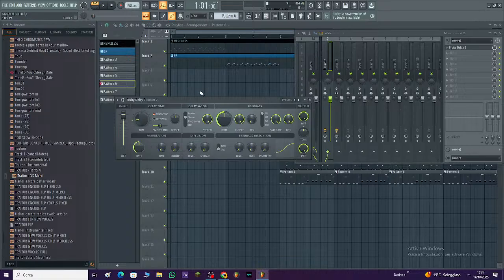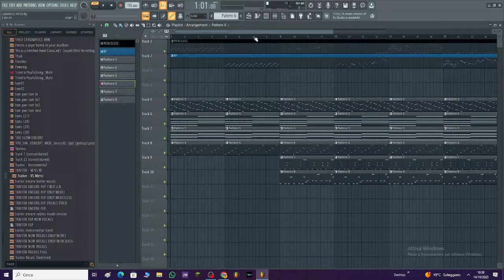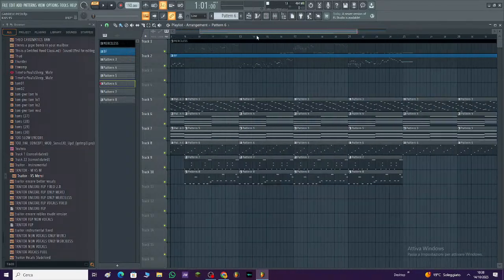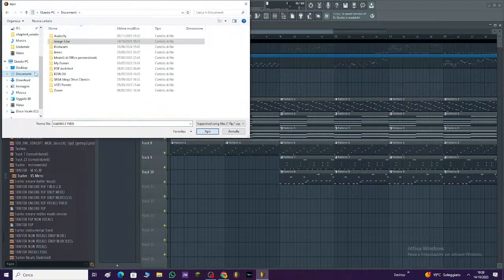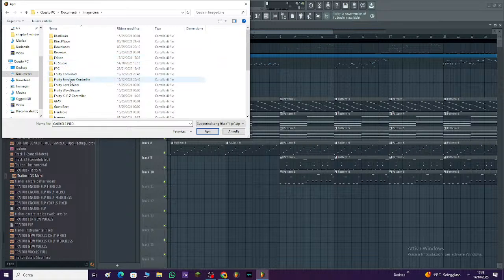It fits completely. Also, if you put it on tempo sync, it immediately syncs up to your tempo here, and that goes up to the song, and boom. That's just an example, but now we'll move to the actual song, to an actual full project that I use to make